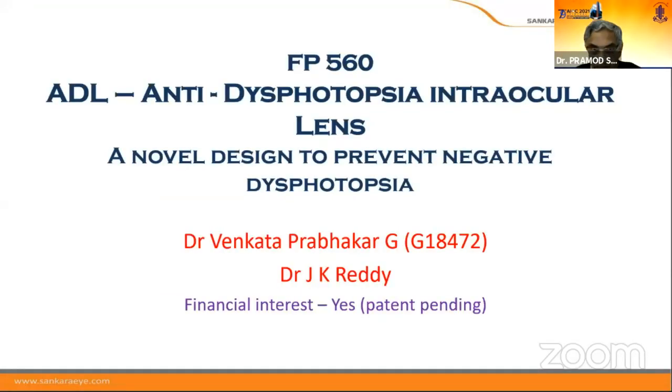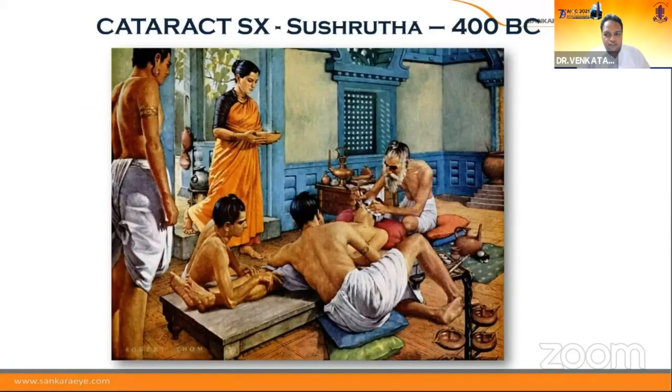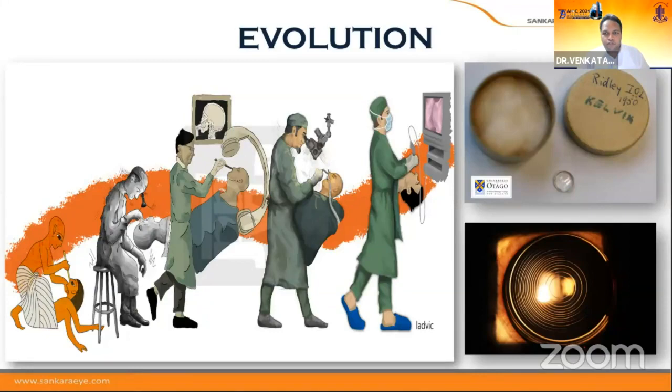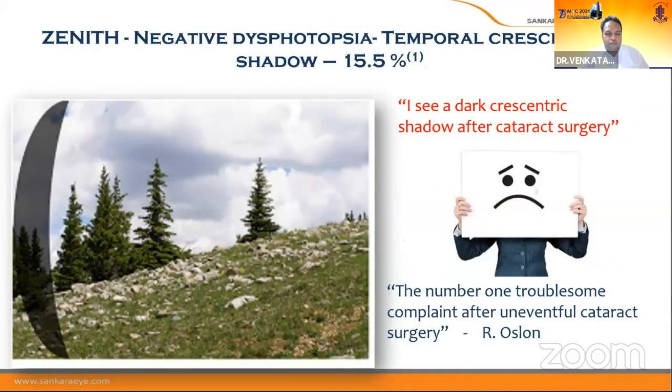Good afternoon, everyone. I'm going to present the ADL lens, which is the anti-dysphotopsia intraocular lens, a novel design to prevent negative dysphotopsia. It has been 2000 years since the first ever cataract surgery was performed, and since then there has been a lot of evolution, but there are few factors which prevent cataract surgery from reaching its zenith, that is, negative dysphotopsia. It is perceived as a temporal crescentric shadow in 15.5% of the patients post-cataract surgery, where we